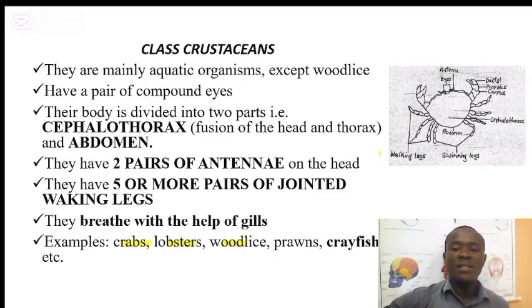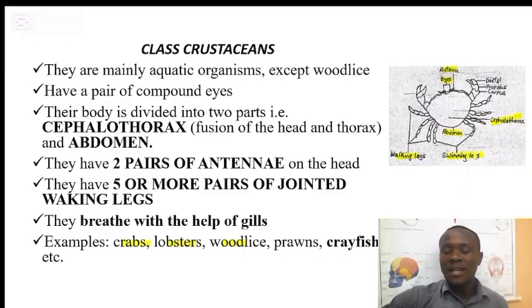Now let's talk about this diagram, because in most cases, if they come with a crab, you have to label some of the parts. So this part here is the antenna, which is used for sensitivity, and the eye here is for vision, and we have the cephalothorax, in which the head and the thorax are fused to form one, and we have the abdomen here, and we have the jointed walking legs, and the feet legs here are called